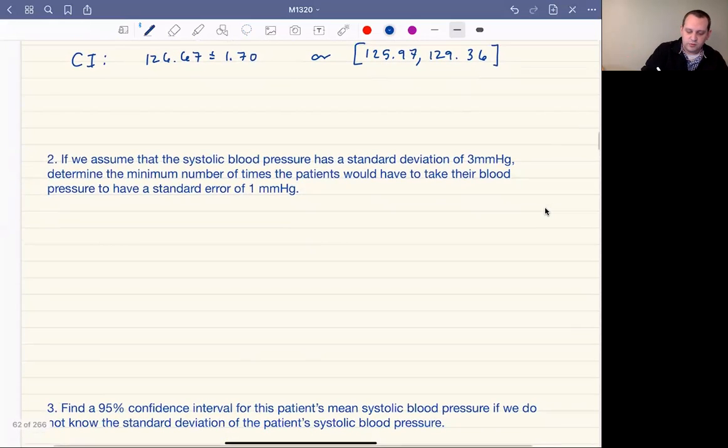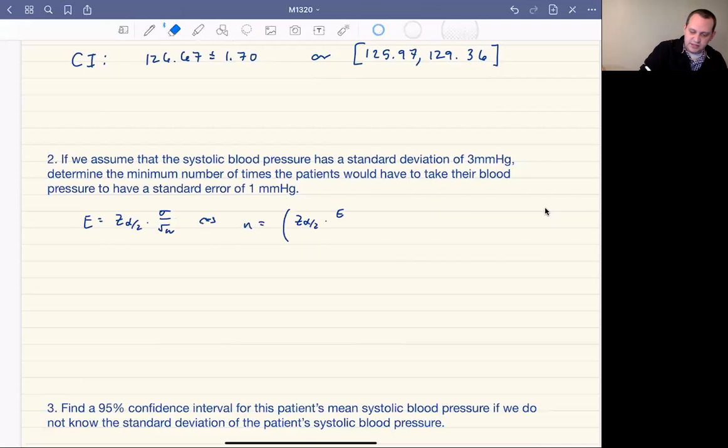And so for this, there's two ways to do this. You can either think of the error formula. So the error is going to be z sub alpha over 2 times sigma over square root of n, or solving for n, which we did in a previous video, n is going to become z sub alpha over 2 times sigma over the error, all quantity squared to get rid of that square root. And so what we're going to do is we'll just plug everything in. So n is going to be,